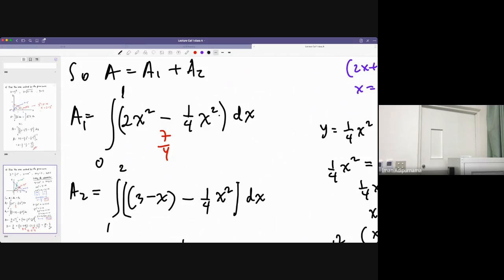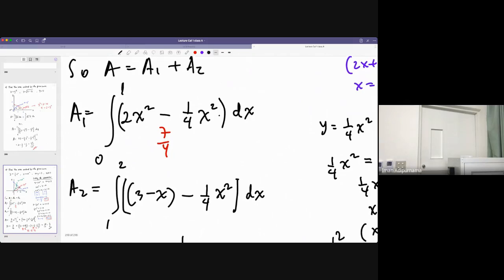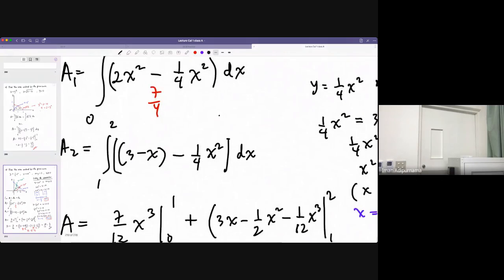The difficult part in all these questions is how to find these intersections and how to set up the integral. To integrate, to calculate, it should be easy. It should be easy. And then you get